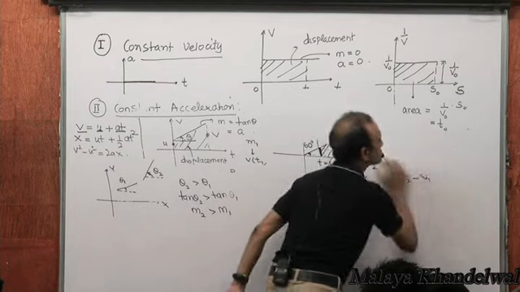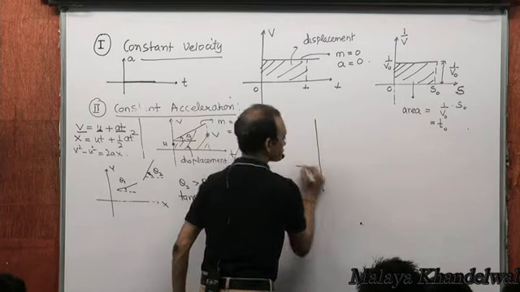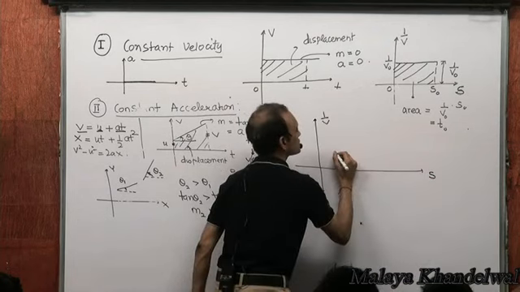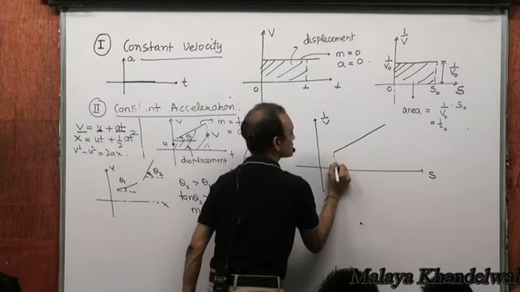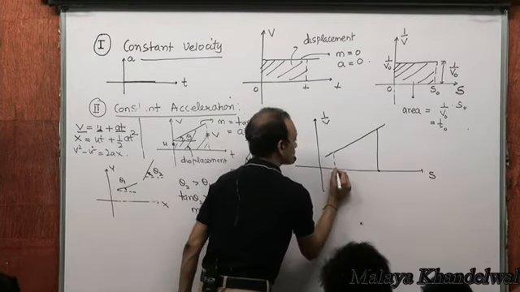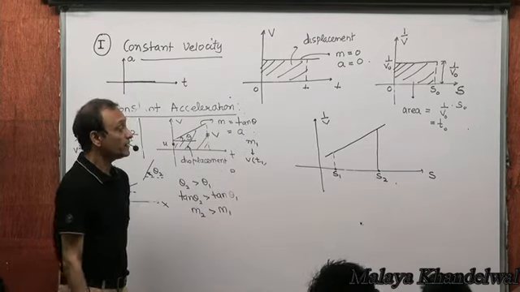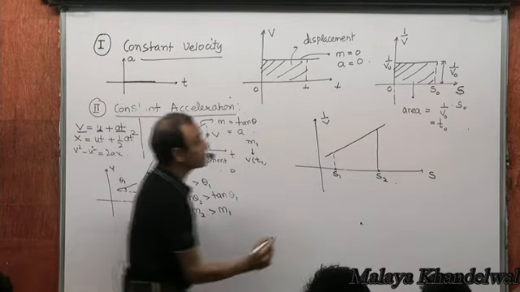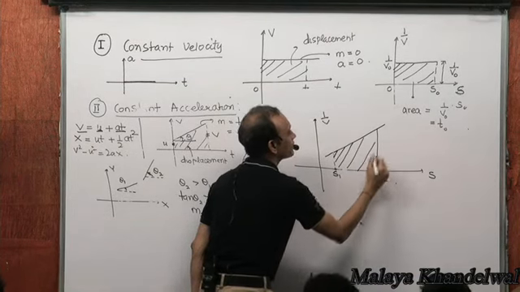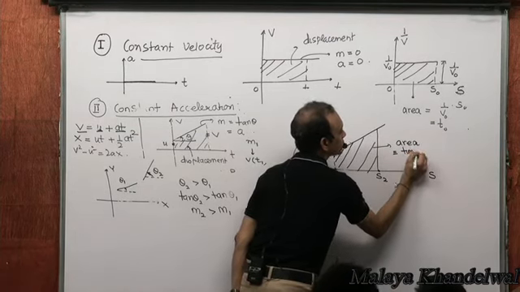So in a very general scenario, if 1 by v versus displacement s is non-uniform, this is s equal to s1, this is s equal to s2, then this area will always give me the time taken